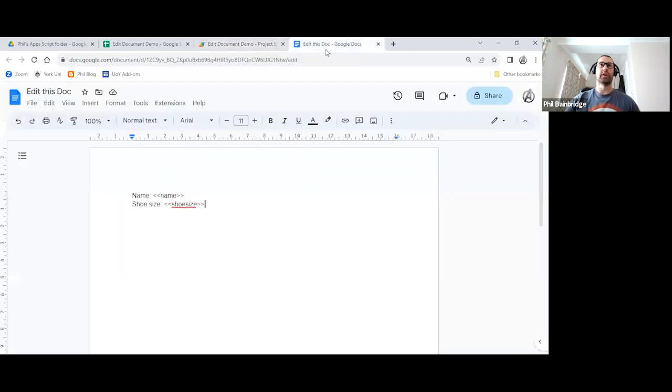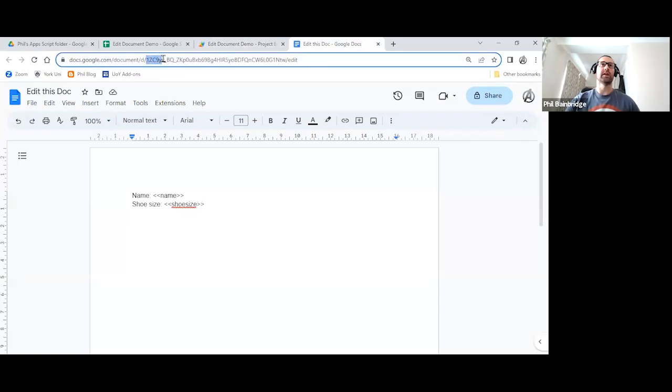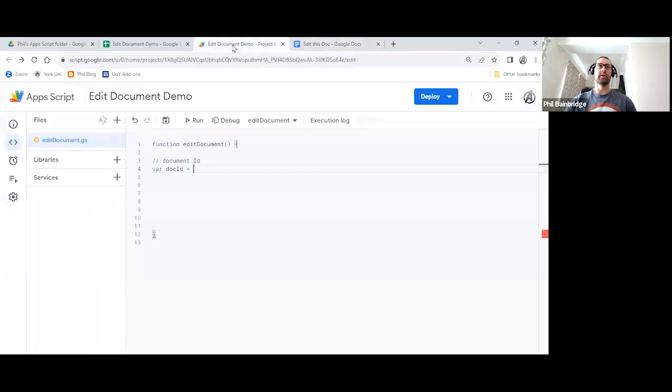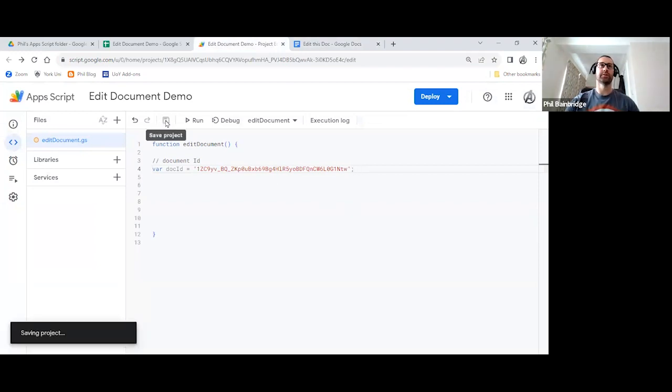So if I go to the Google Doc that I've got open here with the tags in it, I want to grab the ID. That's everything after the d/ and before the /edit. So it's the combination of letters, symbols, and numbers. I copy that, and back in here, in between single or double quotes, I paste the ID in. Semicolon to end the line, save once you're happy. So it should be red because it's a string, and that is our document ID that we'll use in a moment.